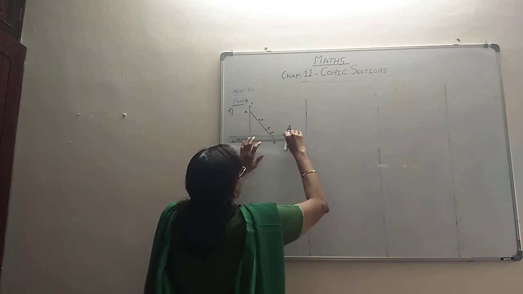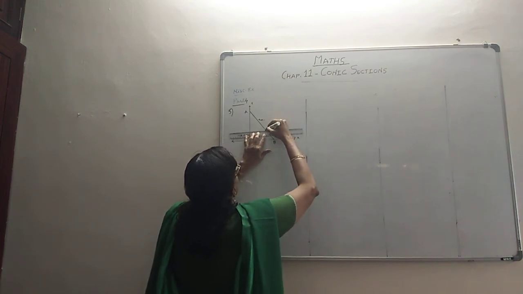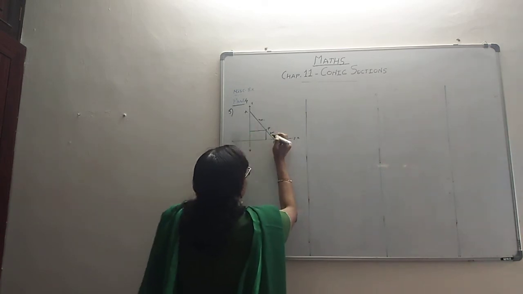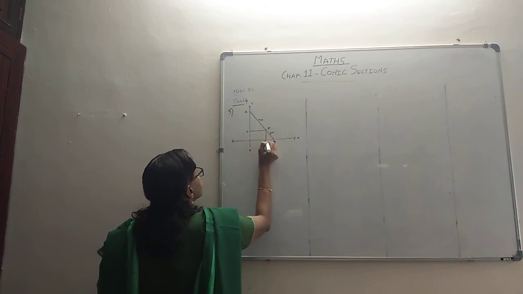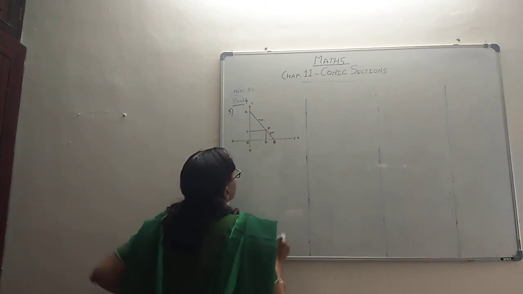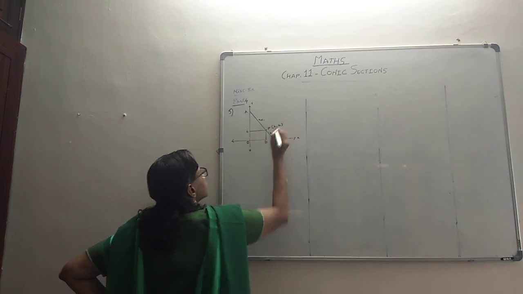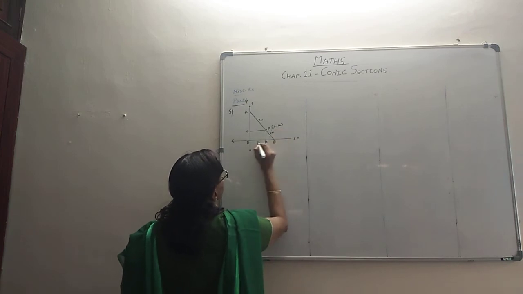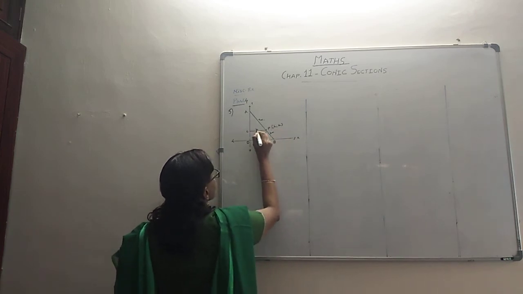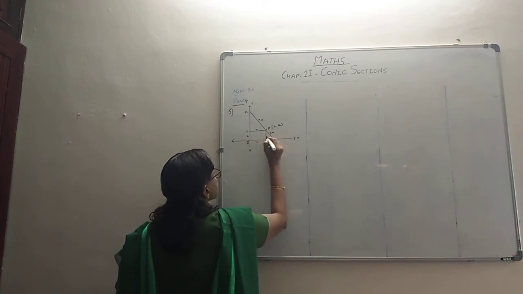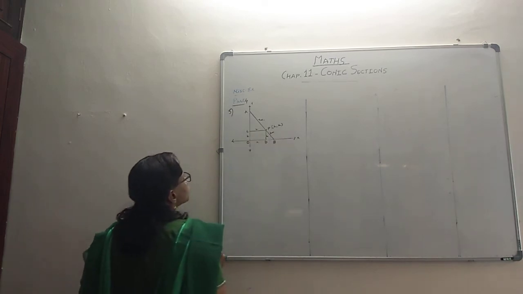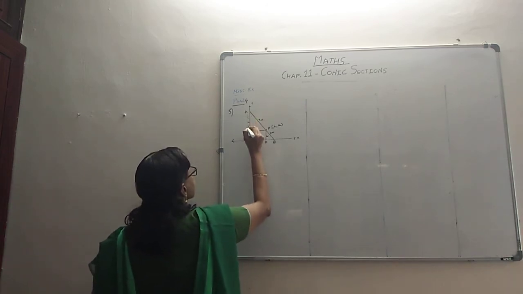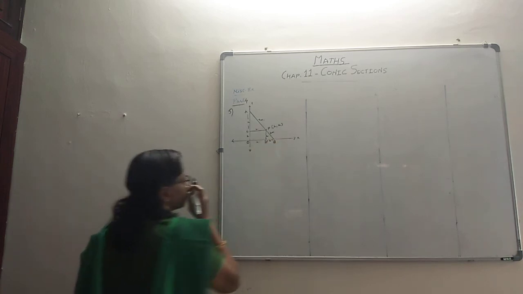Now because there is quite little data with us, we'll do one thing. We'll at least drop perpendiculars here, and we'll see how it is going to work. Let's call these points C and D. This is of course the origin, and for our convenience we will call the coordinate of P as (h, k). If the coordinate of P is (h, k), then this much distance is h, so this is also h, and this much distance is k, so this is also k. We will also call this distance AC as a, and this distance as b.